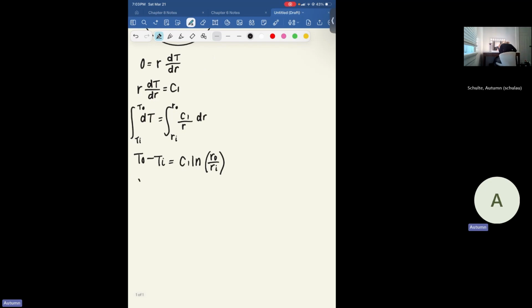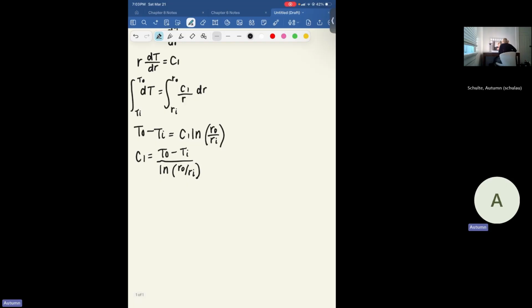Solving for C1, we're going to have C1 is equal to the outer temperature minus the inner temperature divided by the natural log of the outer radius divided by the inner radius. Now we can do this integration as well if we wanted to, instead of going from our inner radius to our outer radius, we go from our inner radius to some point in between. So we can have our same integral setup,